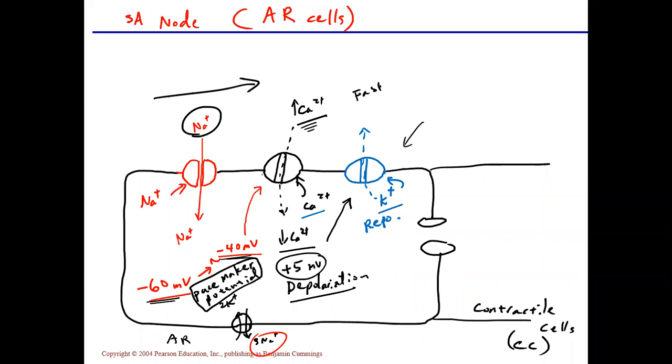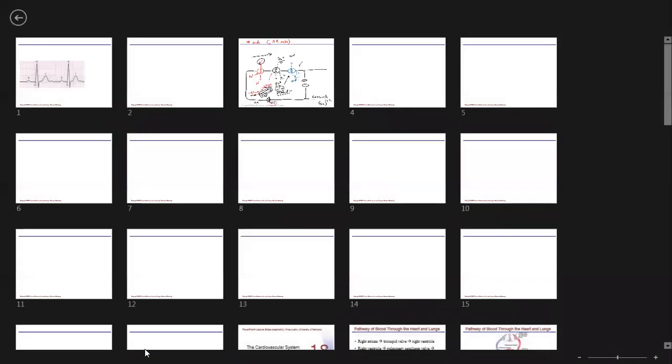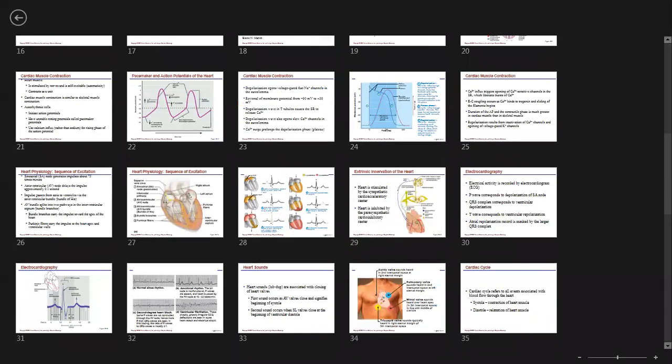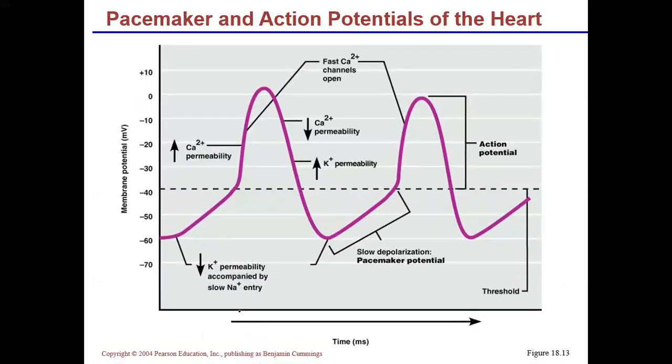And there is more to it, but let's go ahead and take a look at the graphical representation of this real quick. The graphical representation is showing you we started off at a resting potential of -60. Because they have an unstable resting potential, a slow sodium entry comes in. This is a threshold, around -40 is your threshold, all right? So once it reaches that, it causes the calcium channel to open, so now calcium is pouring in, all right? Pretty soon, the amount of calcium in and out, again, because inside of the cell was negative, calcium is positive,